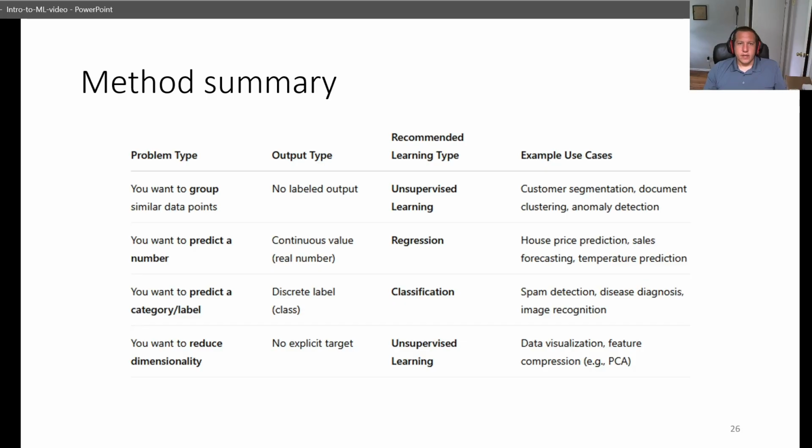So in summary, if you have no labeled output, no predefined outcomes, you need to use unsupervised learning. So you can use clustering to do customer segmentation or anomaly detection. If you need to reduce the complexity of your data because it has patterns but you can't identify them, you can use unsupervised learning or PCA to reduce the complexity of that data and identify key factors in the data's